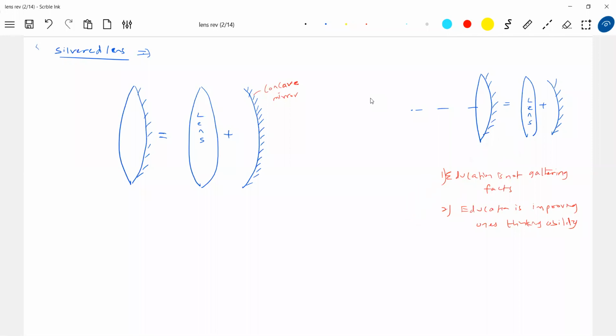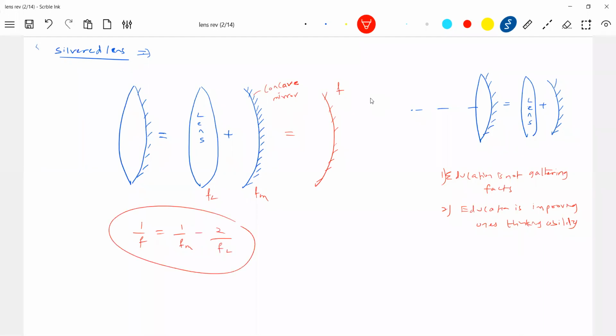Okay, let's come. So this is about the silver lens. So what is the formula now? So this should be equal to what finally? This I should replace with a mirror reflecting surface. So what is the focal length of that? It depends upon the calculation. So what is the formula? 1 by F equal to 1 by Fm minus 2 by Fl. I told you the formula is plus or minus. Some books give plus, but let it be negative only. Substitute Fm and Fl with sign. If you get F positive,